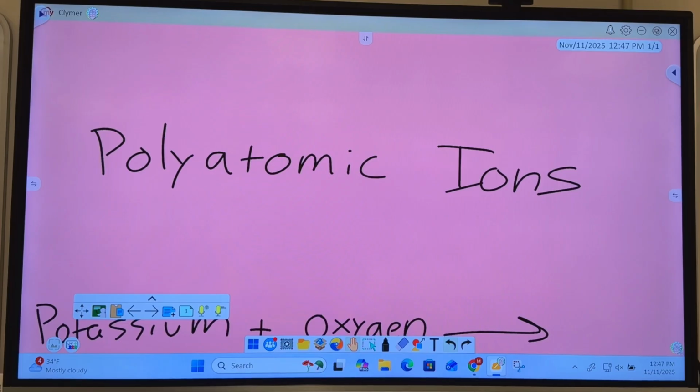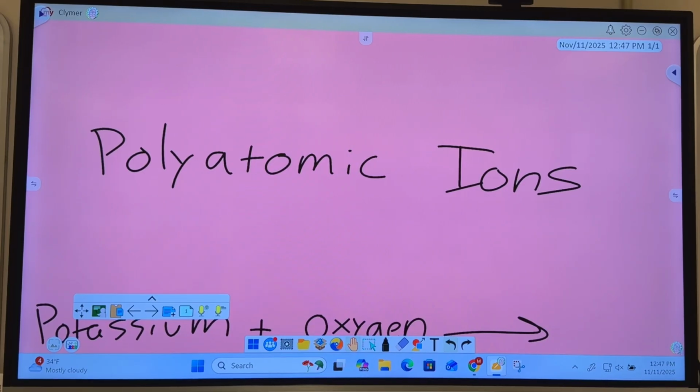So first, in your notes, start maybe a new page. This isn't necessarily a new section, this is still ionic bonding, but this is a new thing. So find some real estate in your notebook. You're going to need at least a page, if not two, to get through the stuff that we're going to do here throughout the hour. Polyatomic ions is what this is called, but we're going to start with